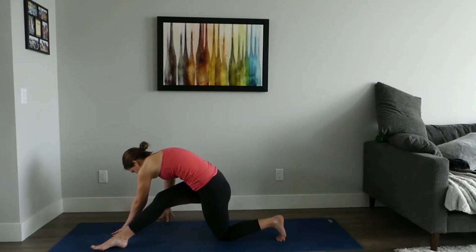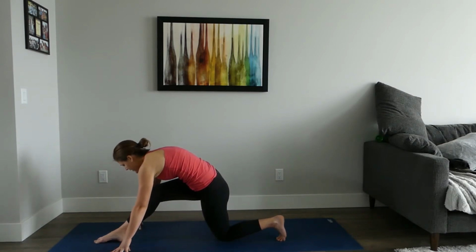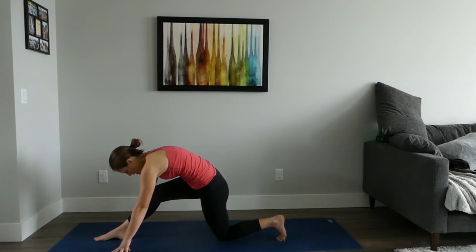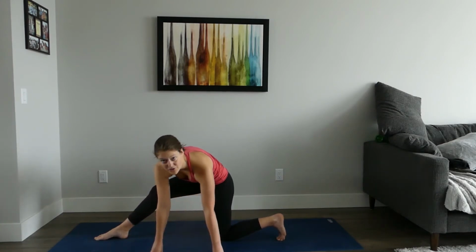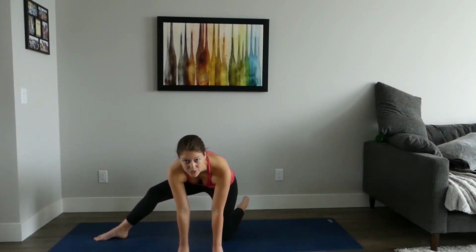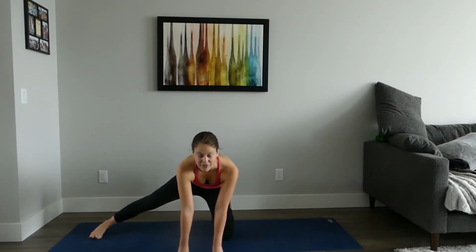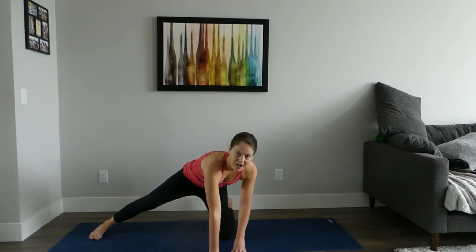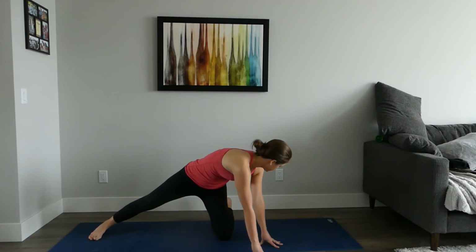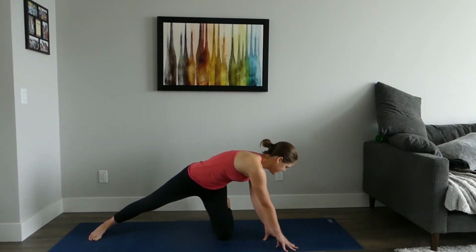And then we walk our fingertips over the front foot. Walk the right foot a little closer towards the middle of the mat. And then fingertips walk over towards the left as we pivot through the left knee. Pivot through the right foot, so we're on the inside of our right foot and tenting up, creating a kickstand with our left knee. So our toes are tucked on the left foot and our hands walk all the way